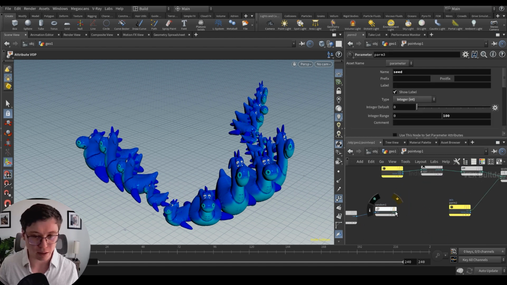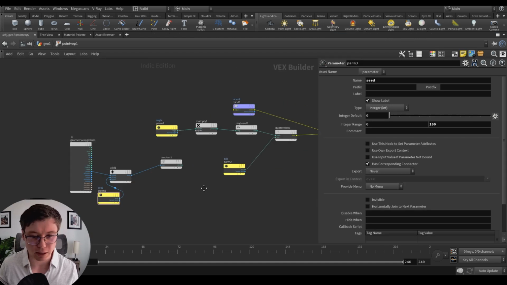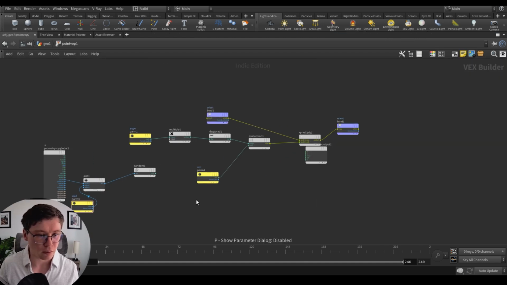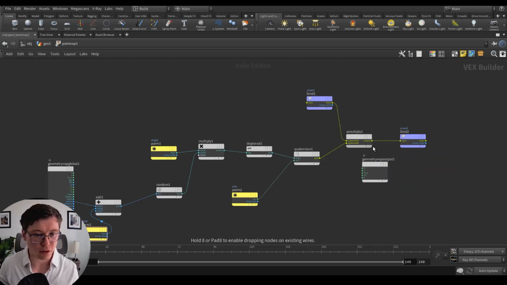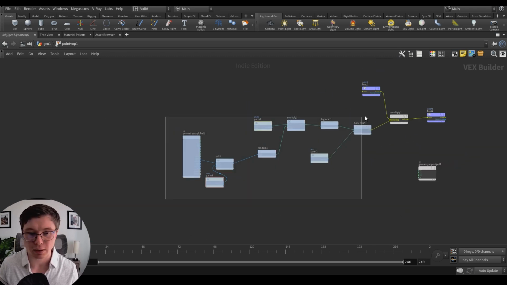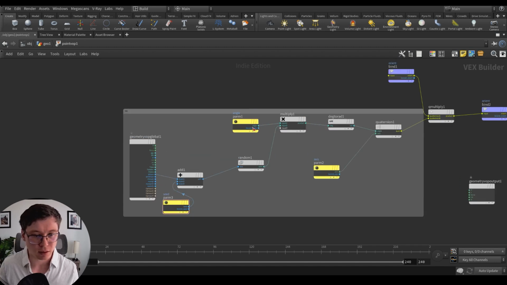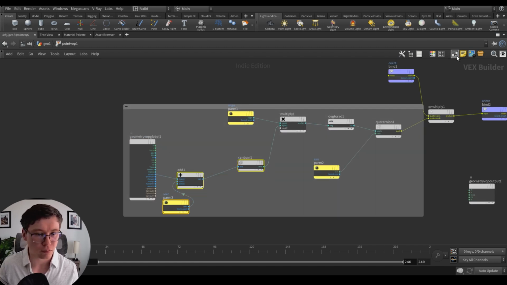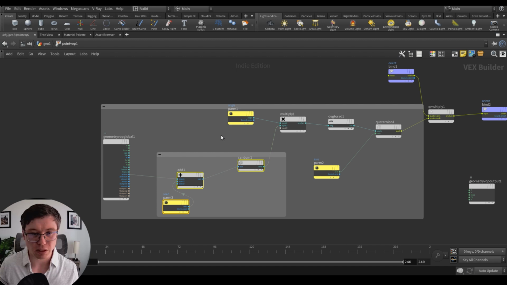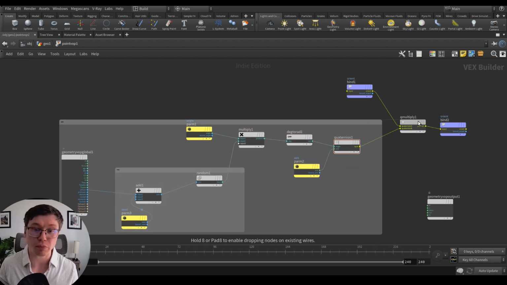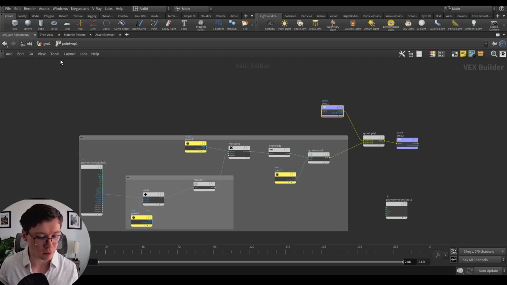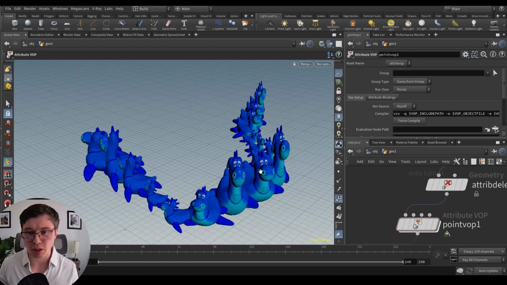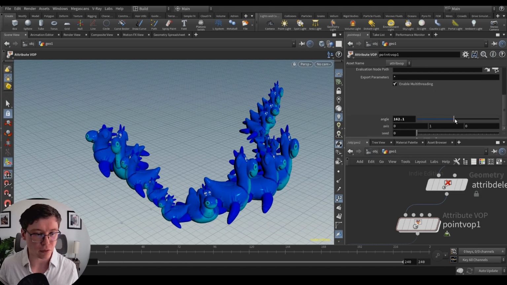I will expand my window so that you all can see what's going on. That's my custom quaternion right here. Let's make it nice and clean. That would be the random value, and this would drive the custom quaternion that we are multiplying by the original quaternion. Just like that, we managed to get random values.